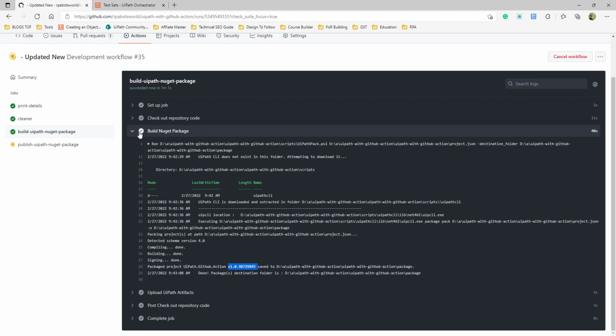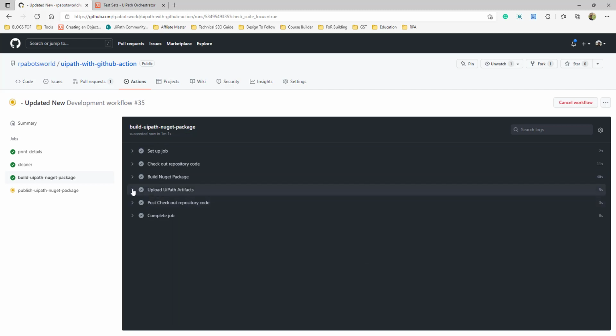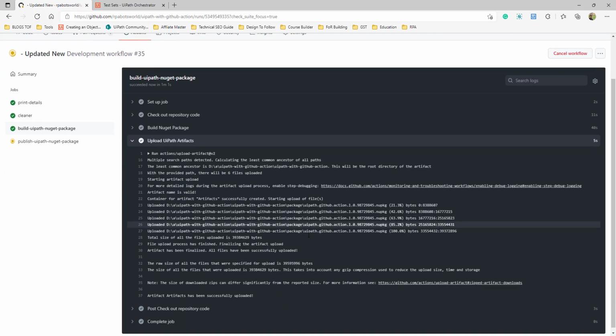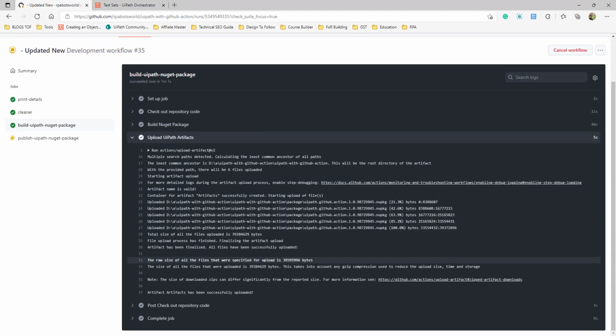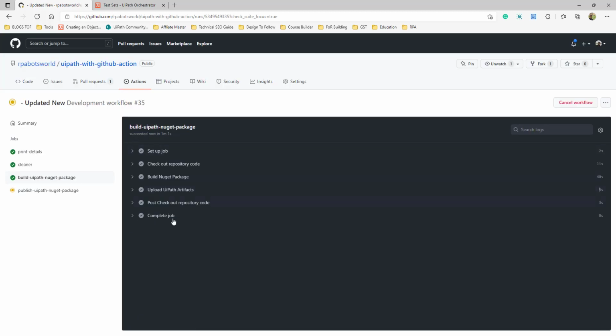Once the NuGet package is built, it will upload that to the artifact. This file will be uploaded to the artifact, and you can download it from here. If you click on this, that file will be downloaded. We don't need to download that.